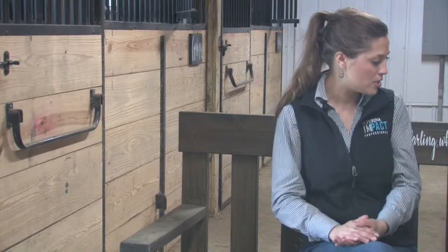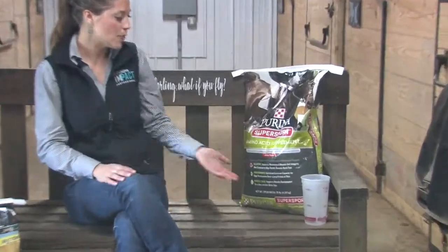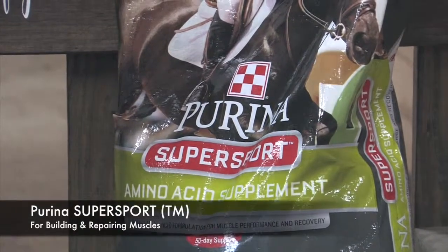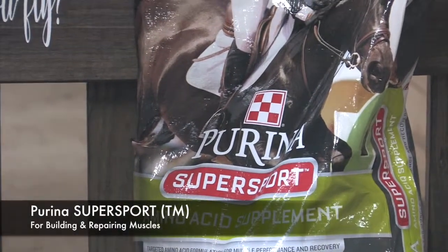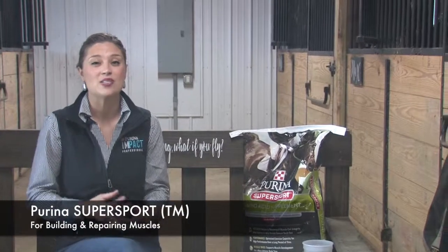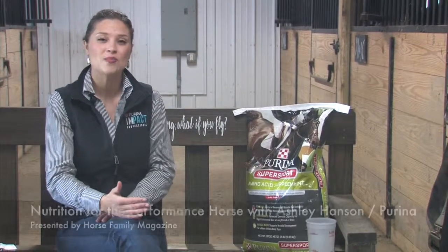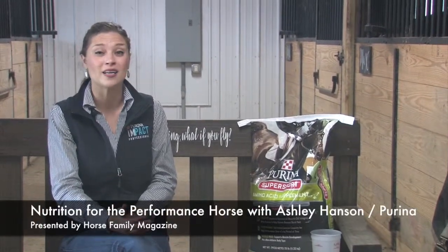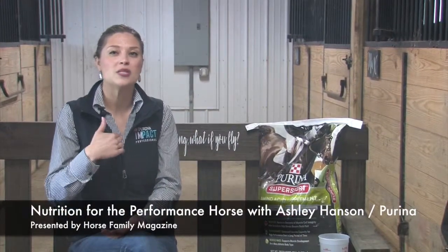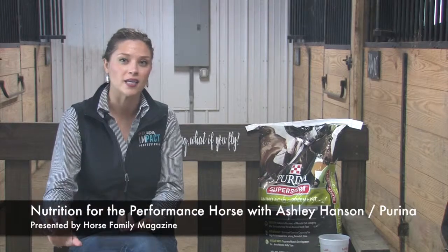I'd also like to share with you guys about this product, Super Sport. Now, this product is awesome. It can help with your performance horses no matter which age either. This product is an amino acid supplement, and it helps with building muscle as well as muscle repair. So if you're going out and running 3 barrel races or running 3 runs a weekend, sometimes by that third big hard run, your horse can be a little tired or lose some gas, if you will. Well, this product helps with muscle repair, which is great, and then helps push the creatine kinase that